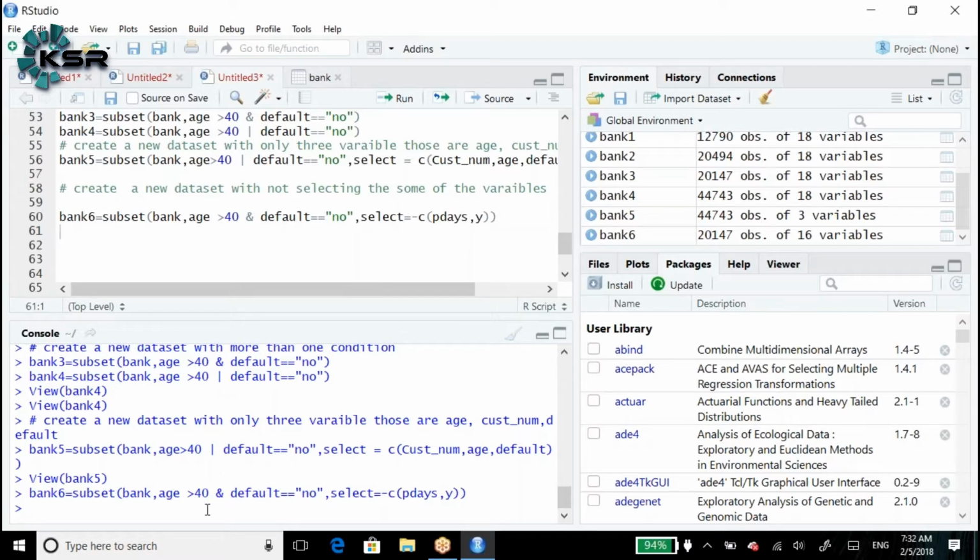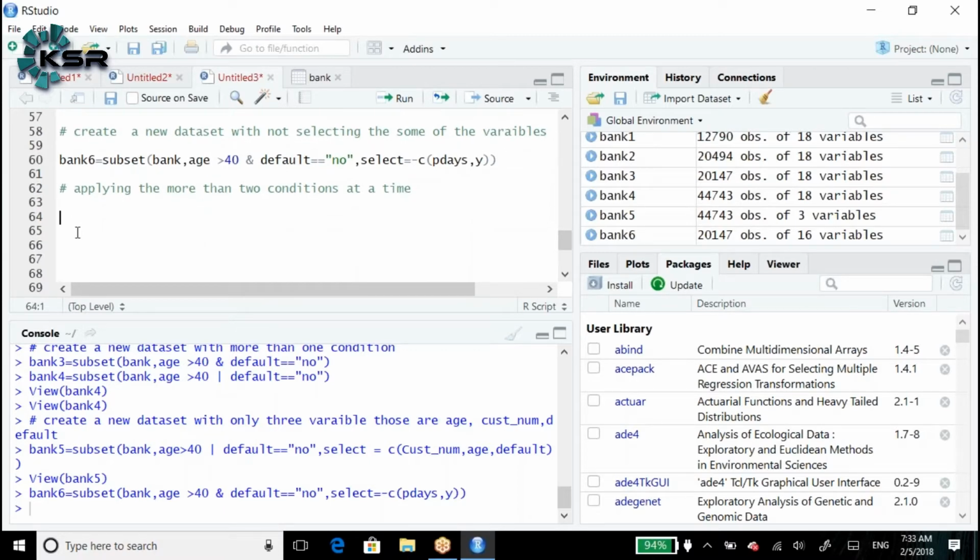Okay. Now, how many conditions are we able to write so far? 2 conditions. Is it possible to write more than 2 conditions? Yes. How do we write more than 2 conditions at a time?